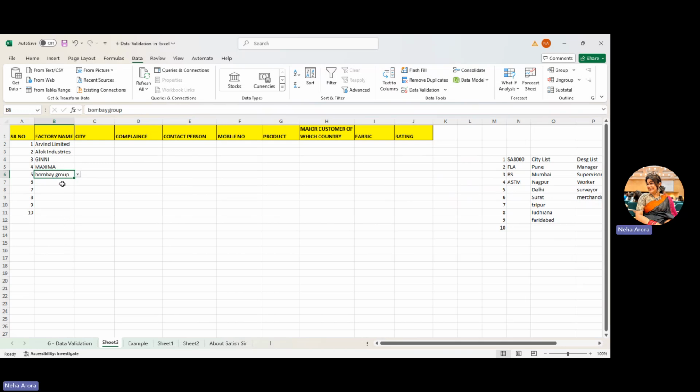Bombay Group, KPR, Orient, Radhe Creation, Creative Dyeing, and the last one, we have not taken the Bombay Group, right? No, we have taken it already. Shahi. Okay. So these 10 companies I have taken in my column, and then I will select the city of